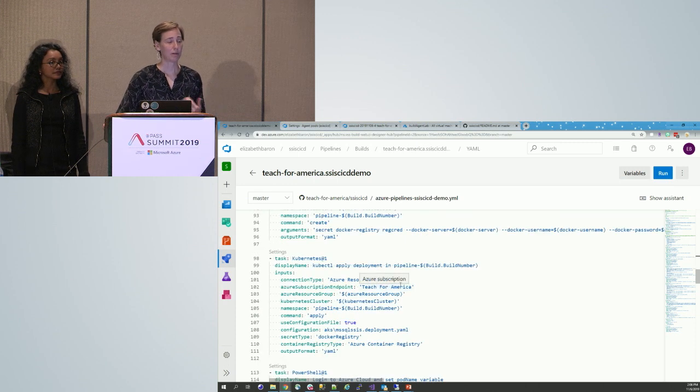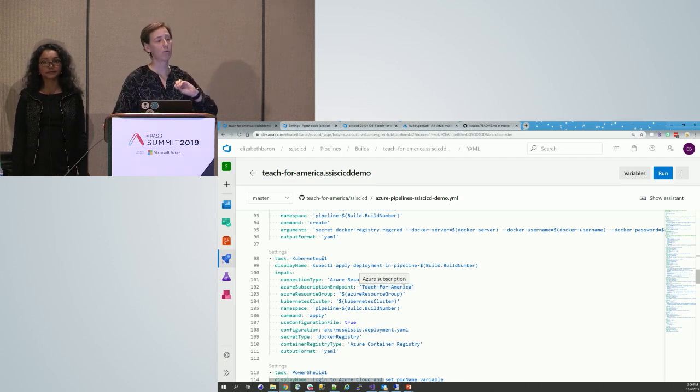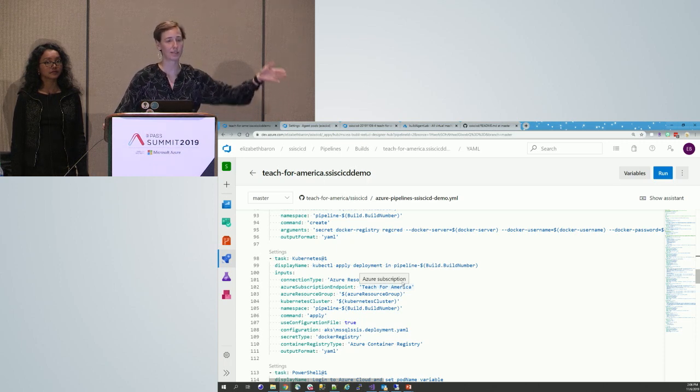We're applying the deployment. When you apply a deployment, that means you're pushing a pod, saying I want this pod to exist in my namespace someplace. The pod is related to a container. You can have one or more containers within a pod in Kubernetes. Basically, this asks Kubernetes to schedule or deploy that container to the namespace that you just isolated specifically for the pipeline.